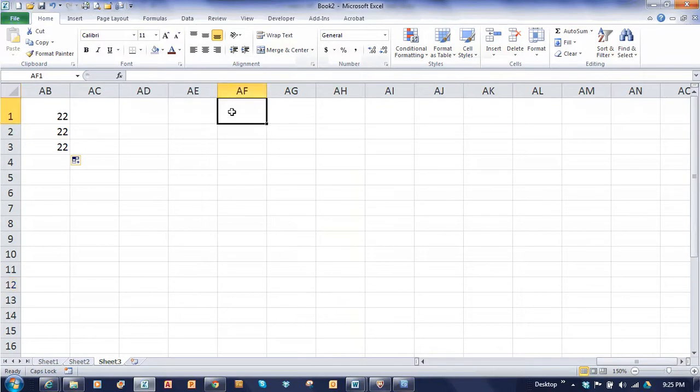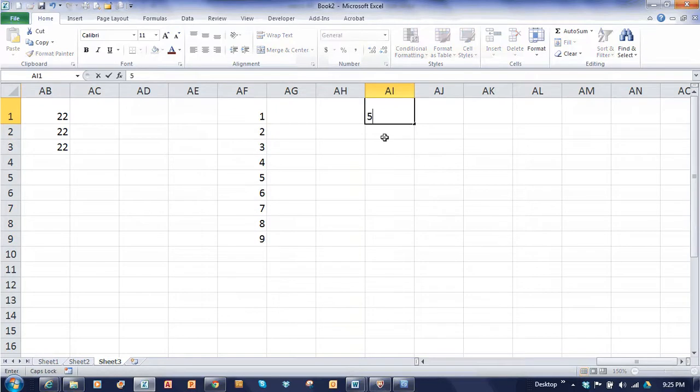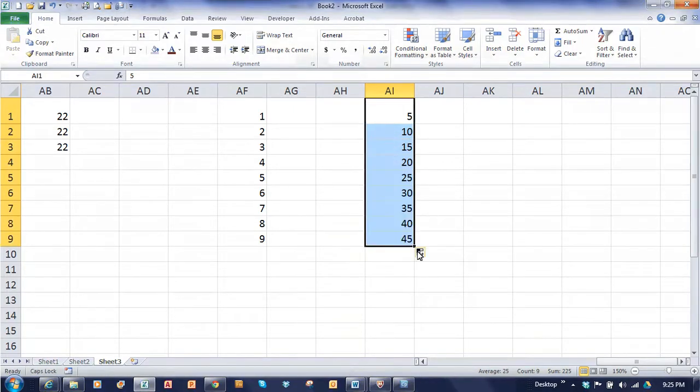But what it's also good for doing is setting up a series. So if I went 1 and then 2, now if I select both of those and then use the AutoFill handle and drag it down, you can see what it does. Excel realizes that I wanted to count up by ones. Let's start it off now with a 5 and then a 10. If I select both cells, that sets up my series going up in 5s. Use my autofill and it keeps on going up in 5s. Okay, so two very